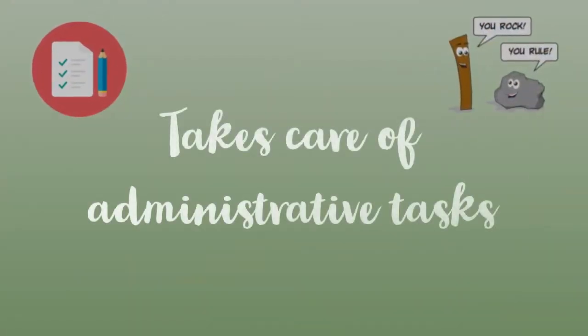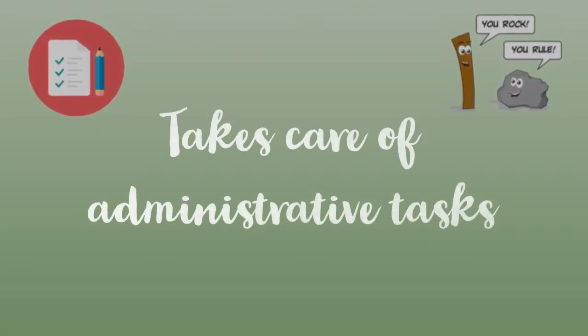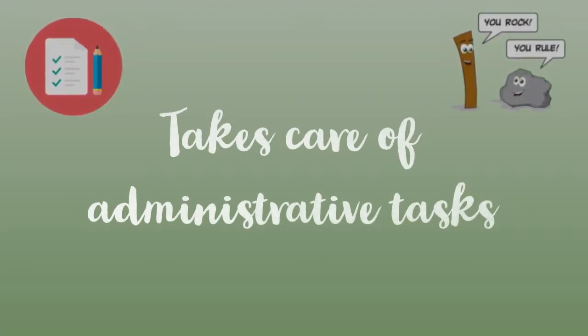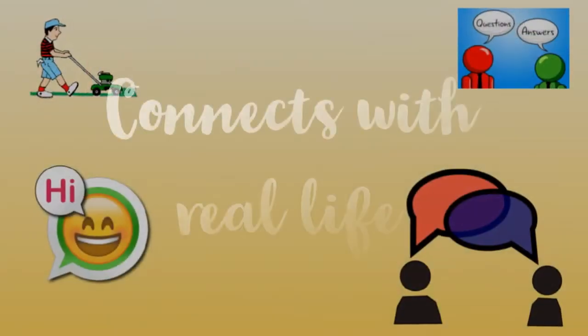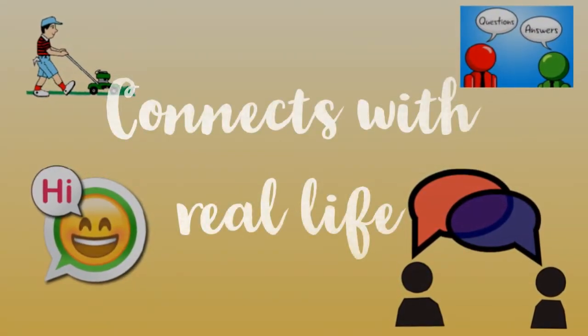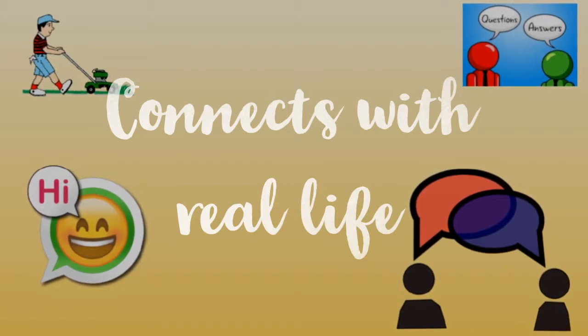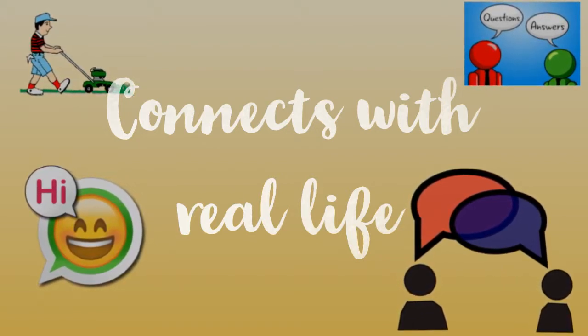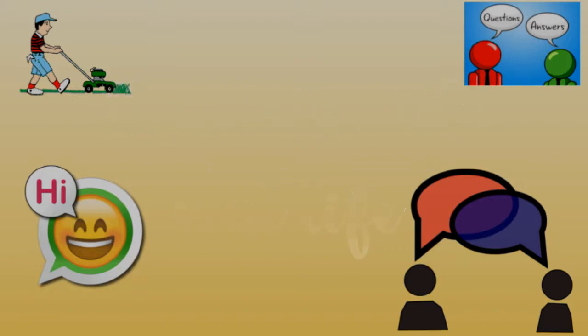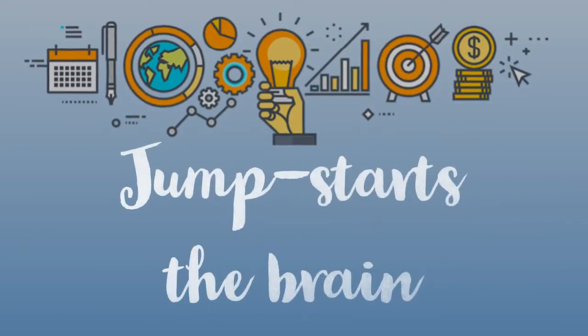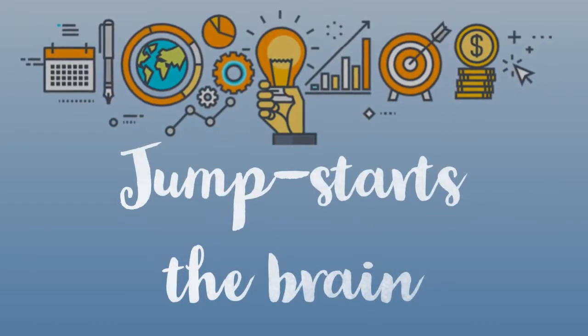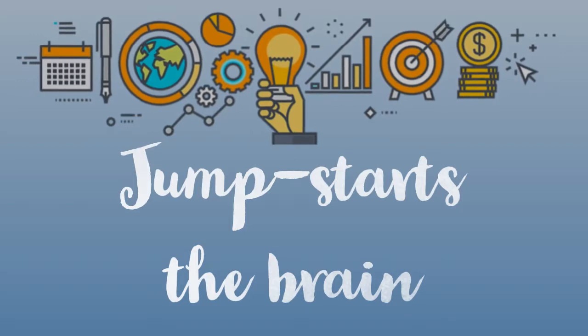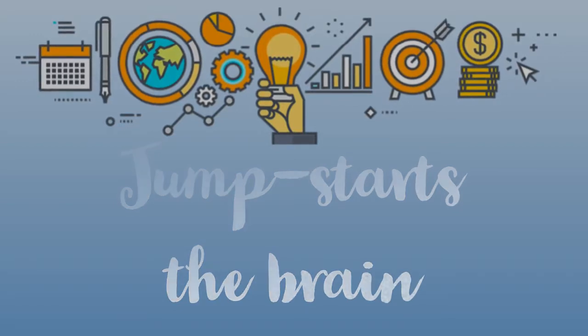Mr. Hawkins takes care of administrative tasks during this time. He has the team leaders give the attendance to him, and when they bring the attendance, he uses the time to appreciate one thing about them and give them one tip. He connects with real life and lets the students know something that happened during his weekend. He asks them to help him problem solve: would you do this if you were me? Or how would you have done this differently? In the last part of his first 10 minutes, he does a short jump-starting the brain activity as a warm-up to review the lesson from the previous day.